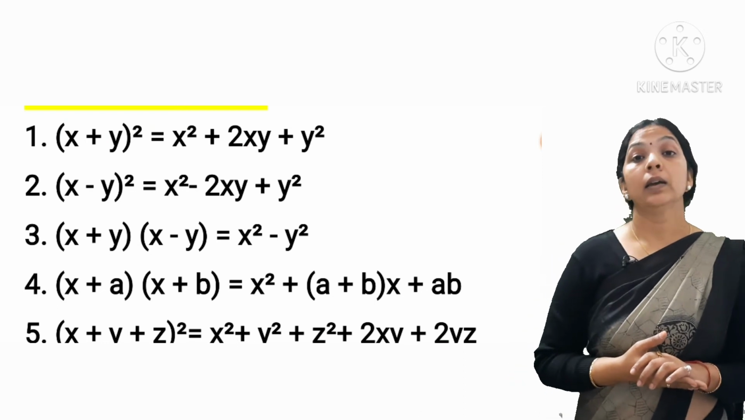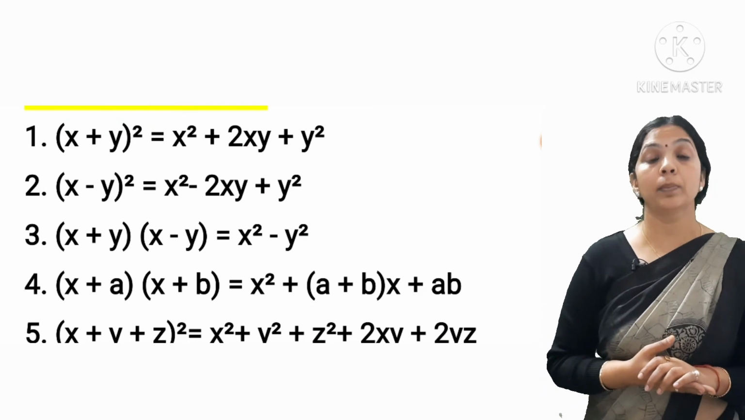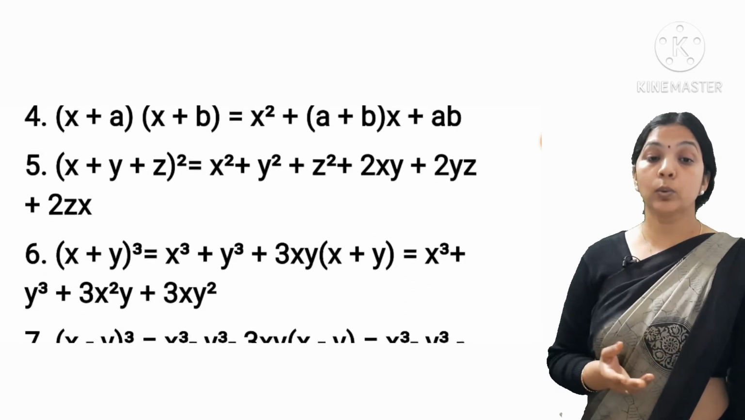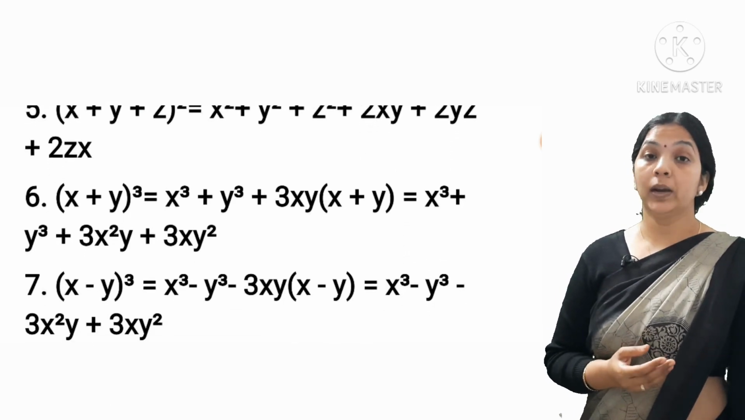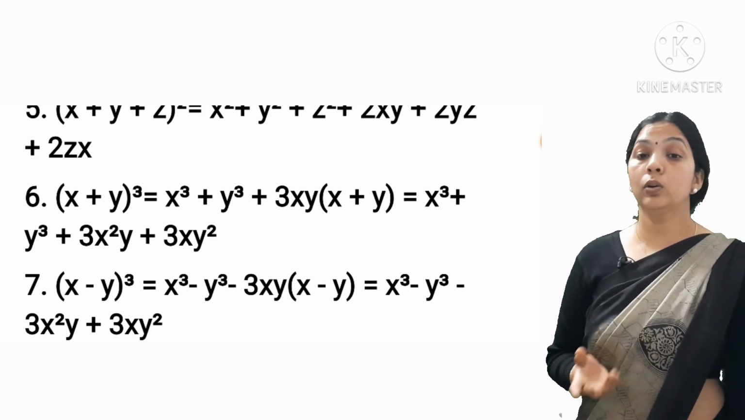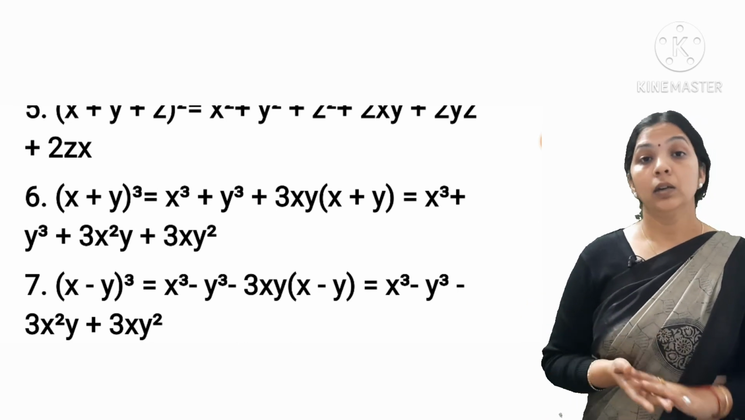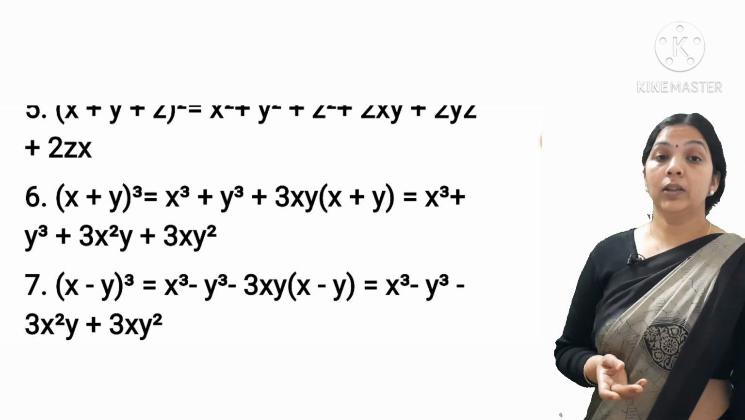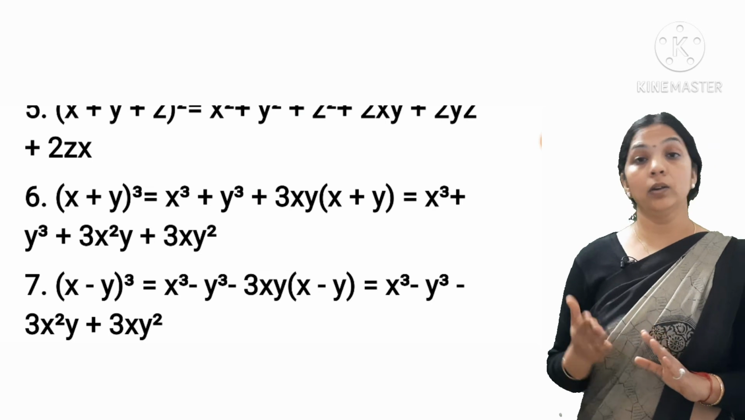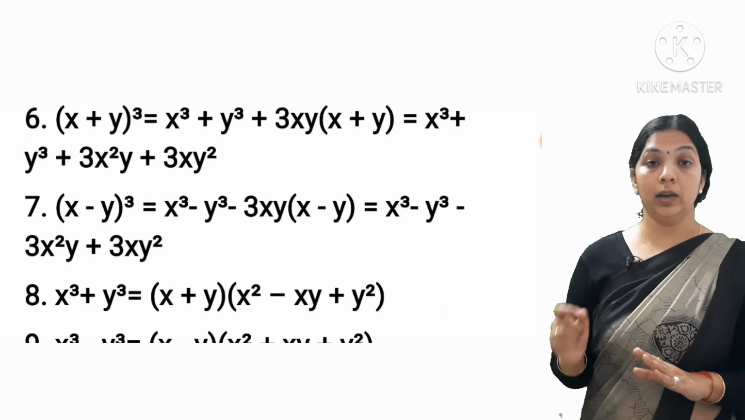The next one is x plus y plus z whole square, which results in x square plus y square plus z square plus 2xy plus 2yz plus 2zx. The sixth one is x plus y whole cube, which results in x cube plus y cube plus 3xy into x plus y, or you can say x cube plus y cube plus 3x square y plus 3y square x. The next one, 7, is x minus y whole cube, which is x cube minus y cube minus 3xy into x minus y,